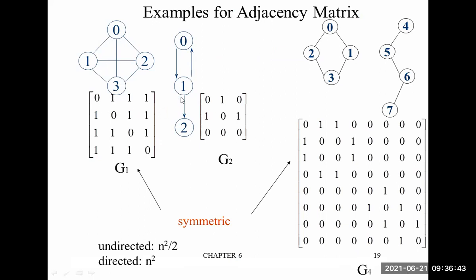Okay. So this graph how we represent 0, 1, 2. Okay, I am explaining with another example for representation 0, 1, 2, and here also 0, 1, 2. So 0 to 1 there is a path, 0 to 0 no path, 0 to 0 means self there is no path. And 1 to 0 is a path, 1 to 1 no path, and 1 to 2 is also path. So this is an adjacency matrix representation.